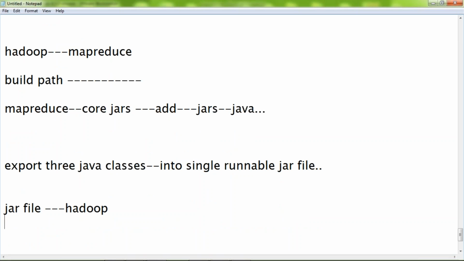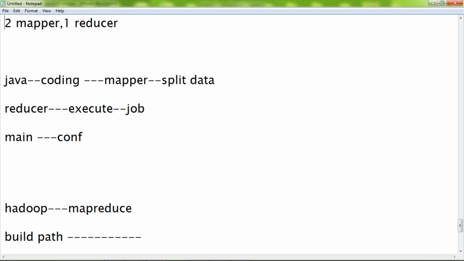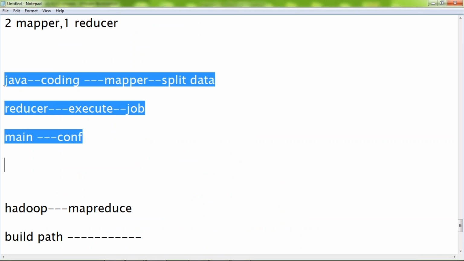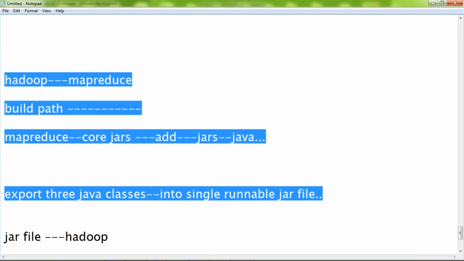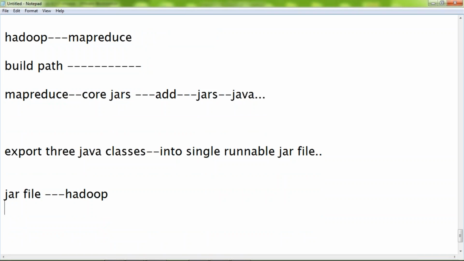See guys, this is all a manual process. Writing the coding part is manual, compilation is manual, and execution optimization is manual here. Once you submit your jar file,